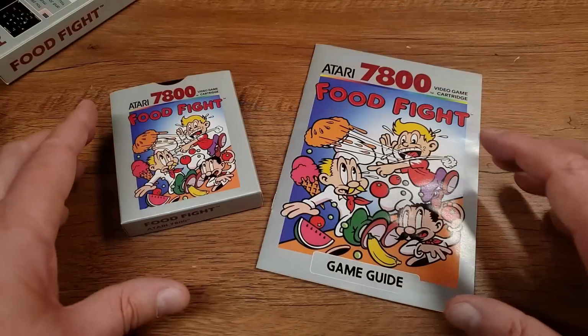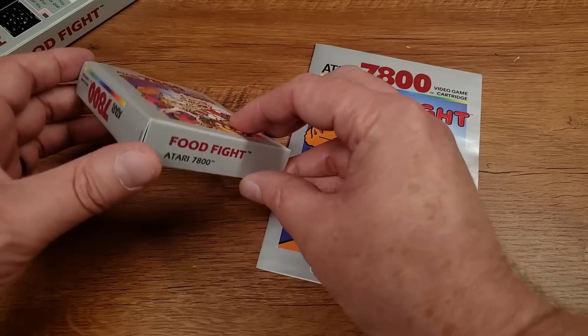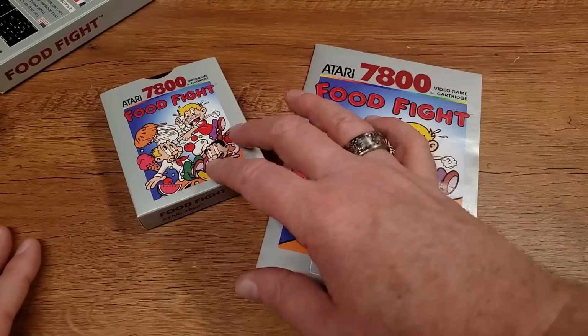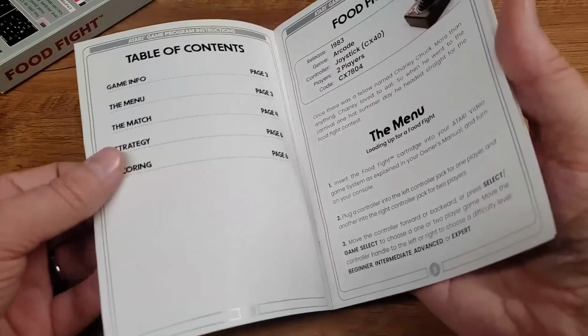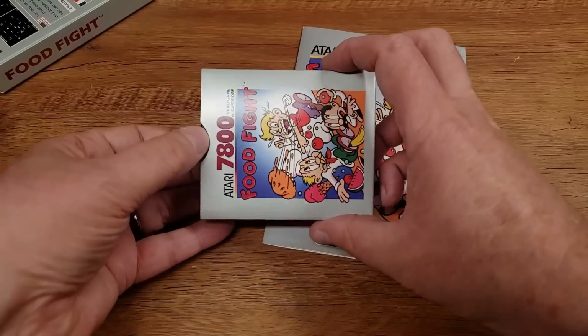Now this is a pleasant surprise that I wasn't expecting to have this little sleeve. I have seen some modern reissues come in a sleeve but no box, but having this inside the box, that's really neat. That's a nice way to add extra decoration on the shelf. And we also have this repro manual, I don't know, it's got 4 or 5 pages. It's just instructions, that I'm assuming is a reprint. And inside of this little sleeve,